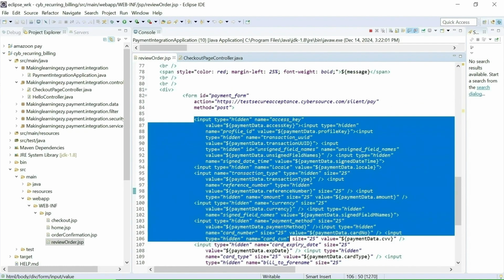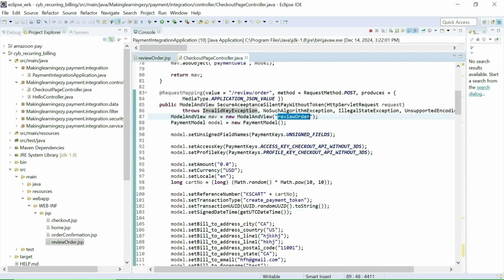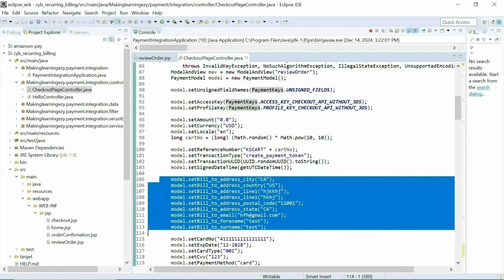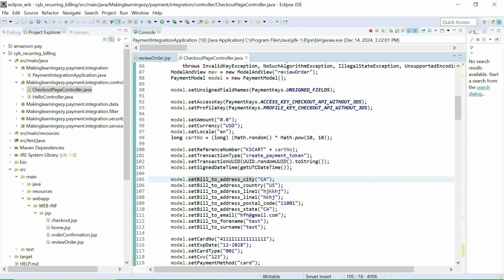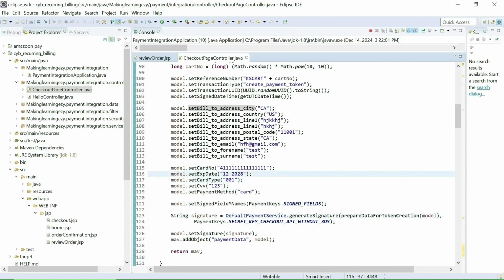This form has all the necessary fields, and all those field values are set in this method only: billing address, the amount, price, currency, access key, all necessary data, card details. Here we are generating the signature. So in this method, we are setting the data for the form.